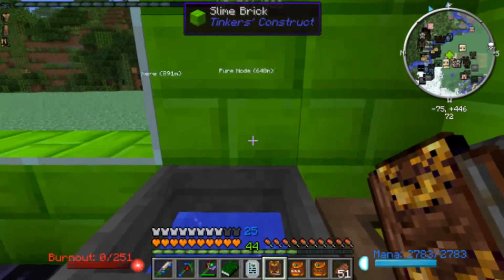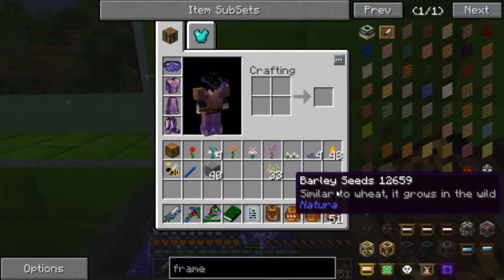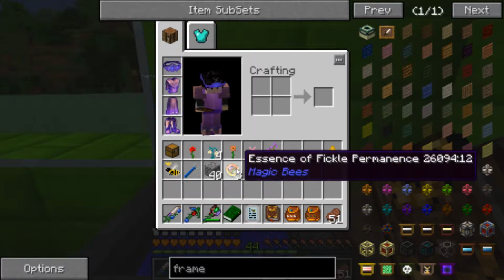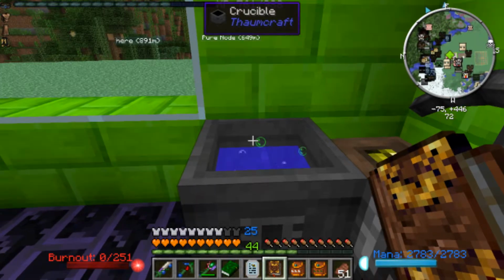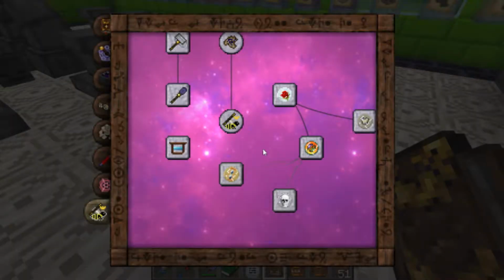Alright, so hopefully this will come out right. We should drop this, and this, and this. There it is, Essence of Fickle Permanence. Excellent. And look at that, I don't even have my Goggles of Revealing on, so I don't have to see that I've caused flux and causing all kinds of problems. I don't have to care. I should care, but